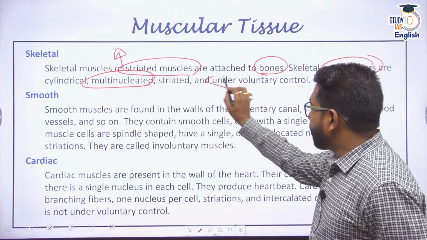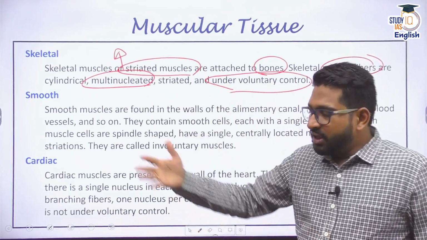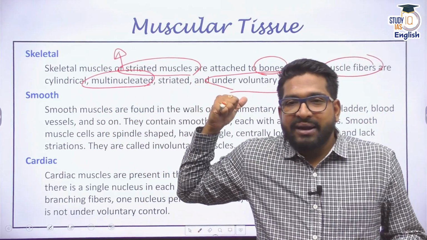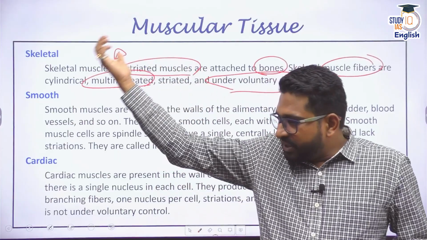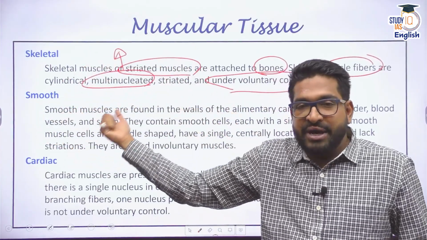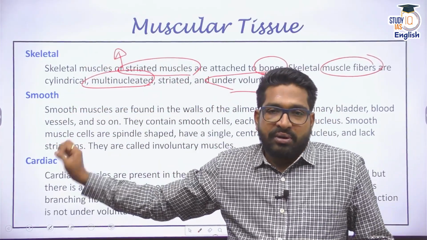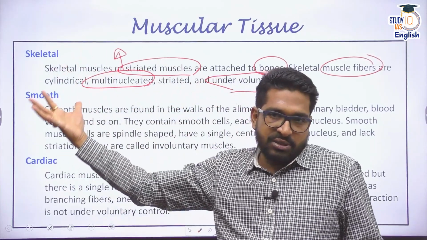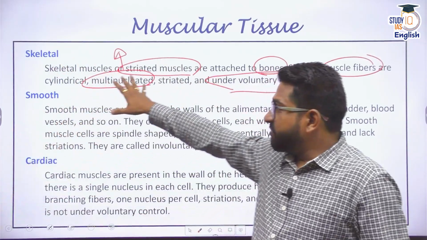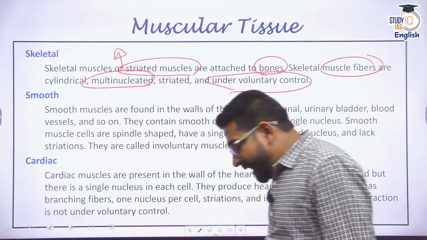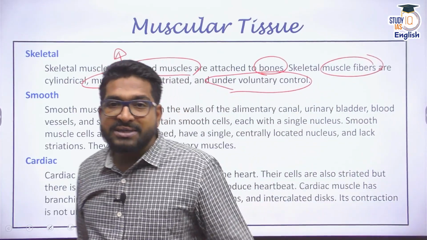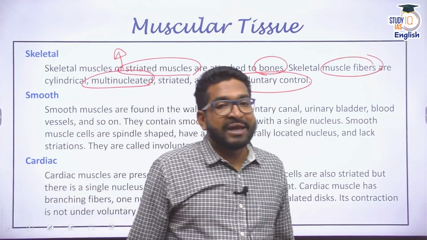Also, they are under voluntary control, meaning if I am going to move my hand, it depends on me whether I move it in this direction, this direction, this direction, because it is under my control, my brain's control. Apart from that, these skeletal muscles are capable of undergoing some sort of anaerobic respiration for a very short